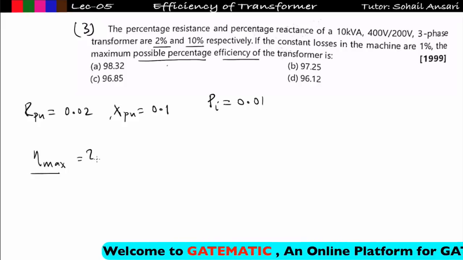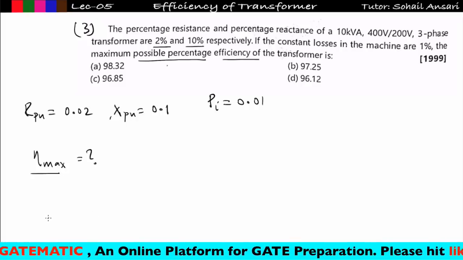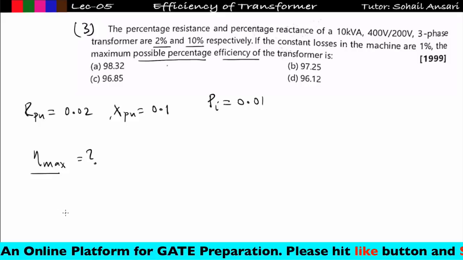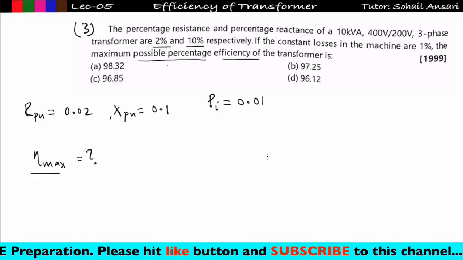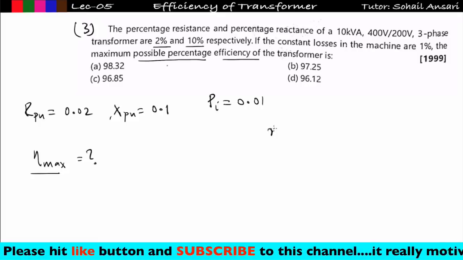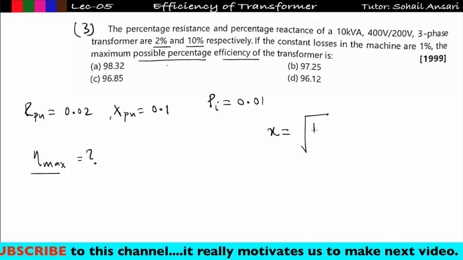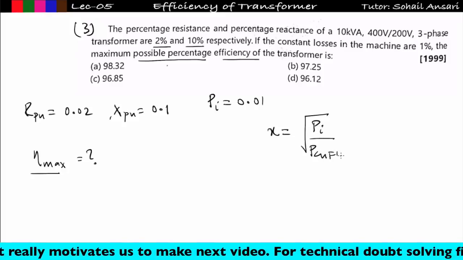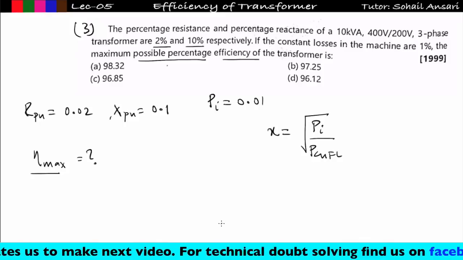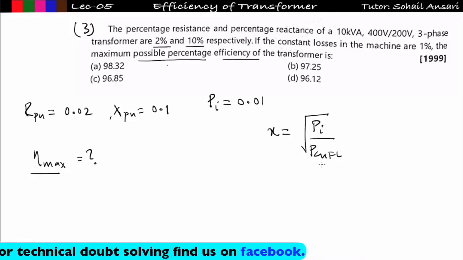N max will be equal to what? So before finding maximum efficiency, what you have to find? You have to find at what fraction of load we are getting maximum efficiency. That means we have to find the x. So we have already seen at maximum efficiency the value of x is nothing but square root of Pi upon PCU full load. We have seen this. Okay, Pi we already know, that is 0.01 per unit, but we don't know the full